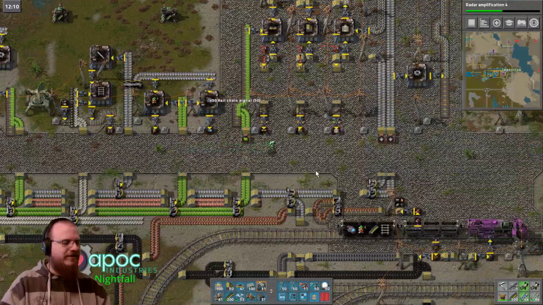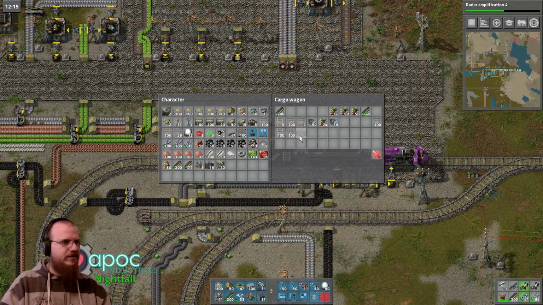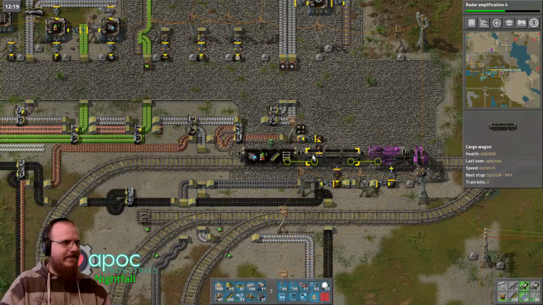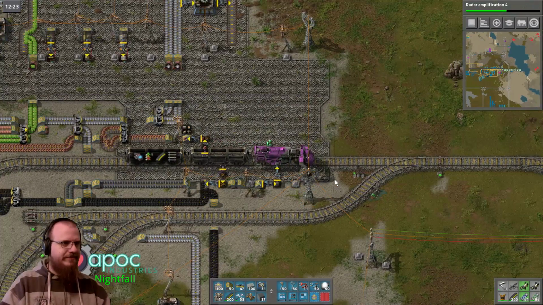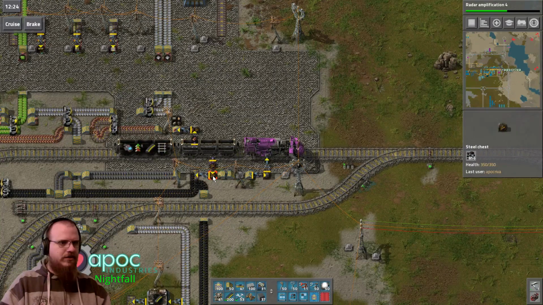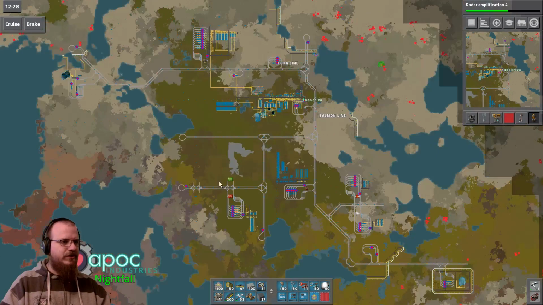How are we doing for signals in the train? Always use more chain signals. We'll dump those in here. Get rid of some of this stuff. Cool. Alright, let's go down to...